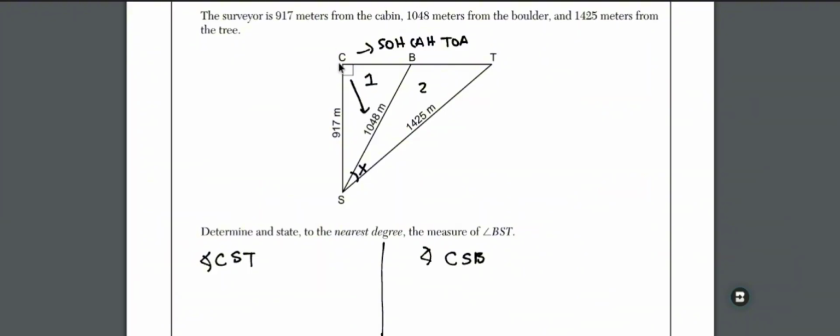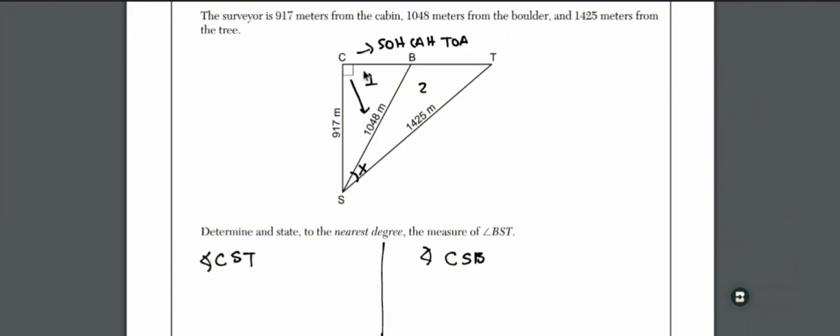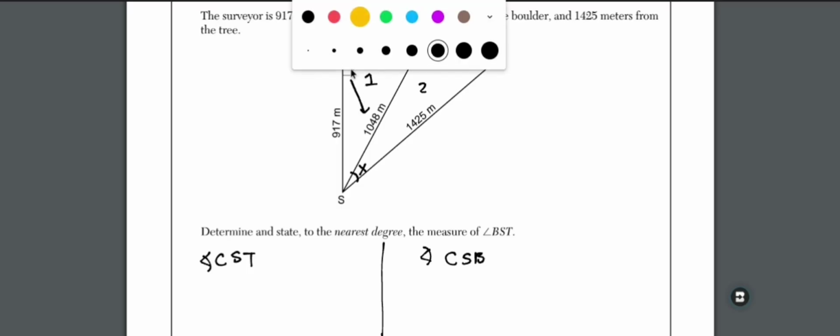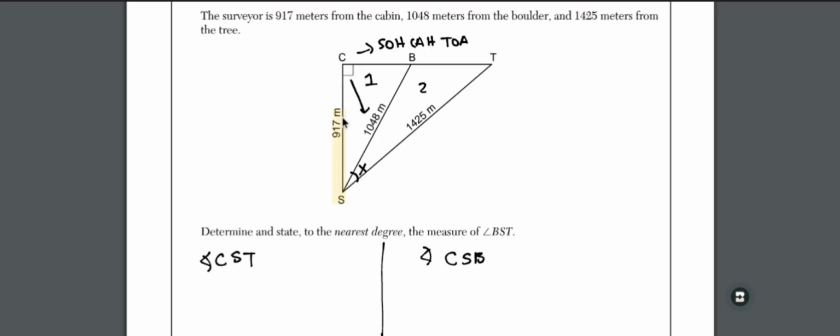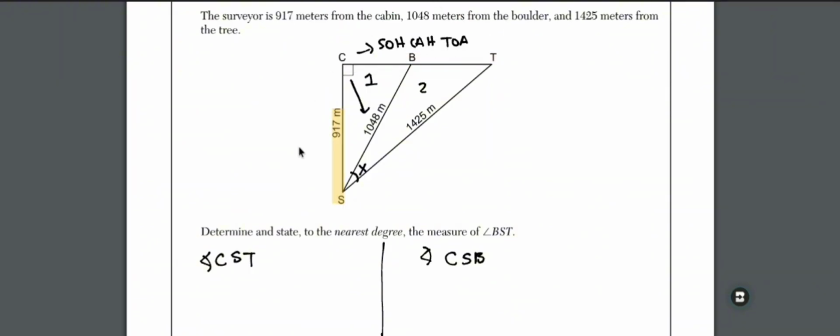right here. This is triangle number 1. Right here. This is triangle number 1. It's acting a little weird. So this is triangle number 1. Okay? So, I'm given my hypotenuse